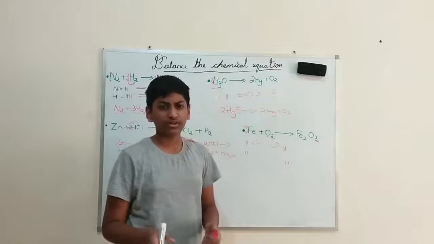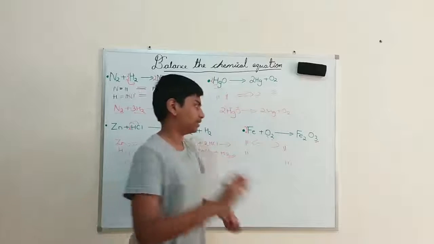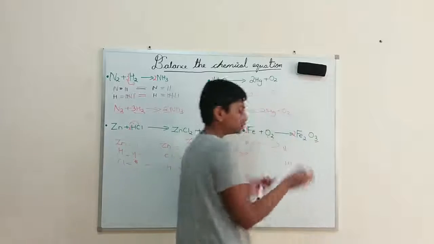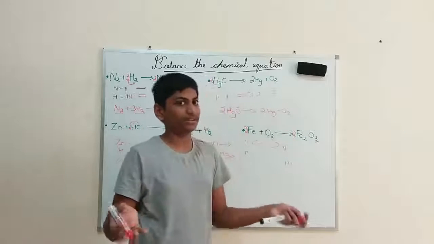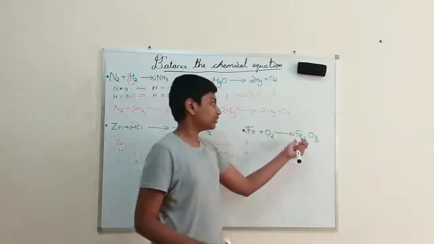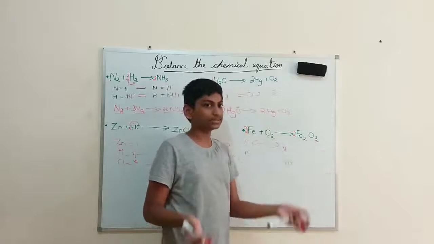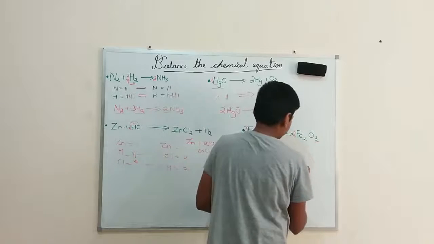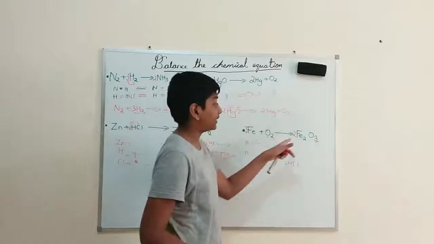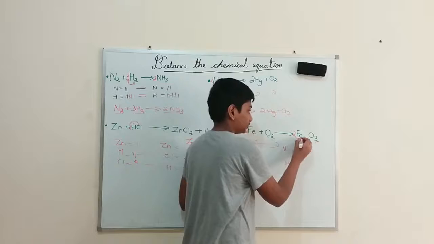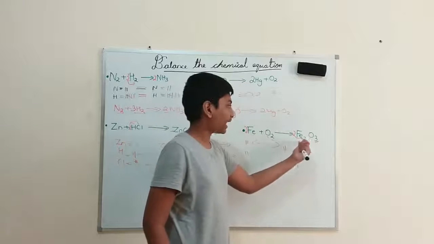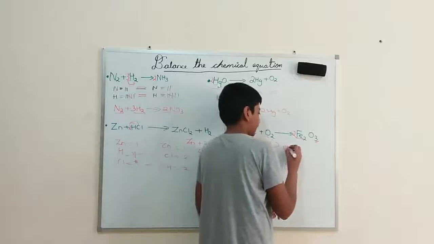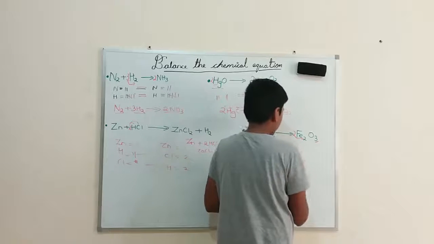For that, what should I do? I should multiply it with any number. So for example, I'll take the lowest number. The lowest number is 2 I'll take. Instead of 1, 1 into 3 gives us nothing, so 2 into 3 gives us 6. So there are 6 oxygens on this side. But when we add a 2 over here, it multiplies this 2 also. So my iron this side will become 4 iron I will get.